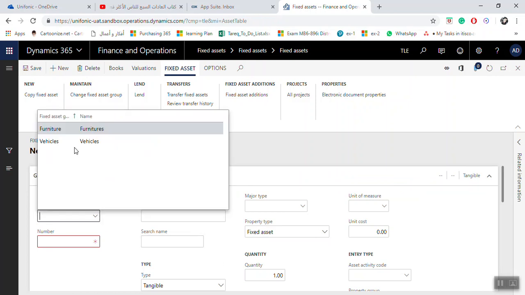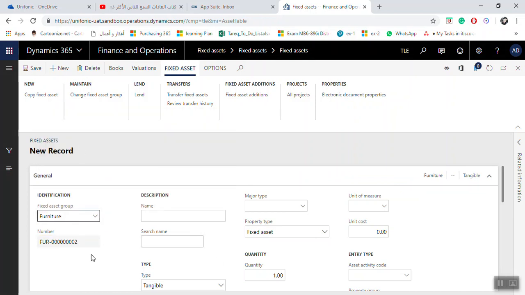Okay, and here the first step, which is very important, is to select the fixed asset group. What is the fixed asset group? For example, furniture. As you are seeing here, the number sequence will be furniture 002, as per the setup in the fixed asset group. Here is the name, for example, will be